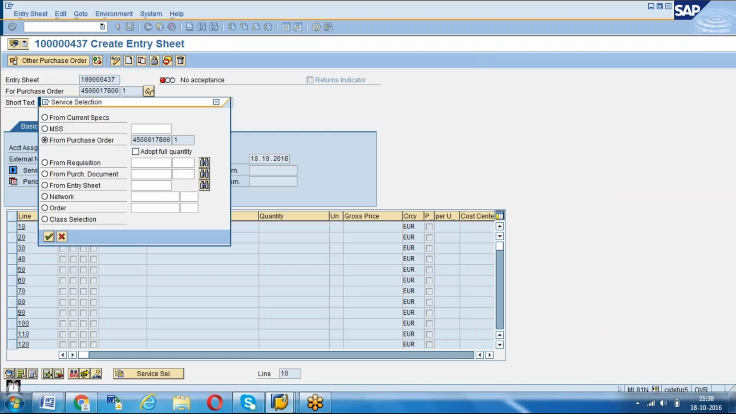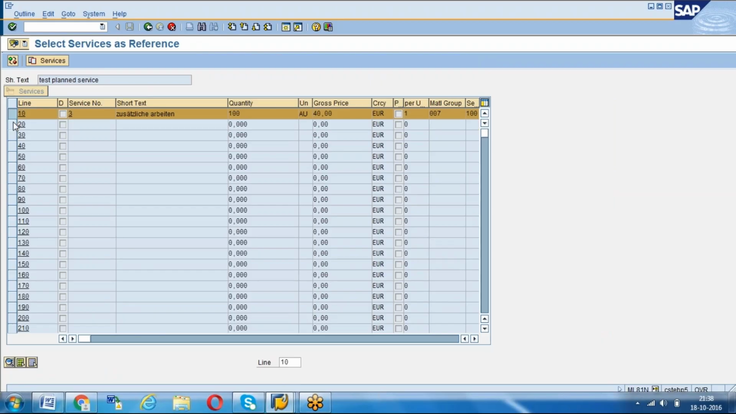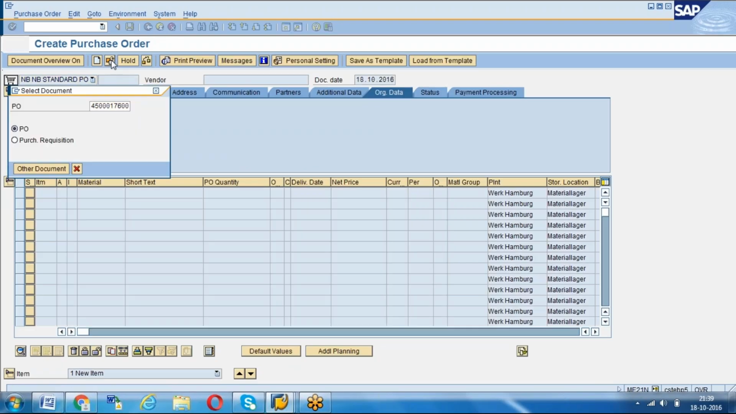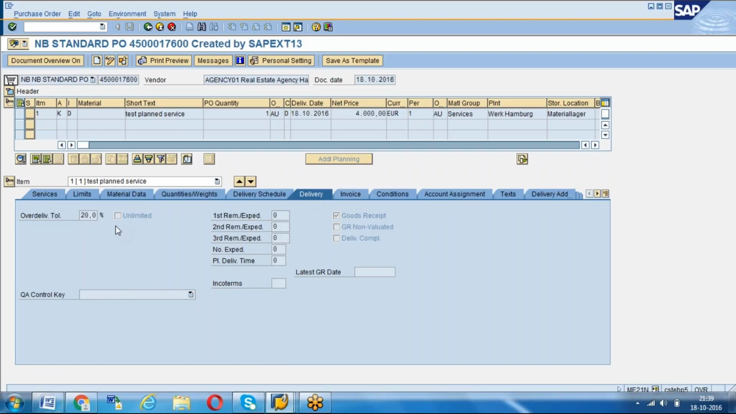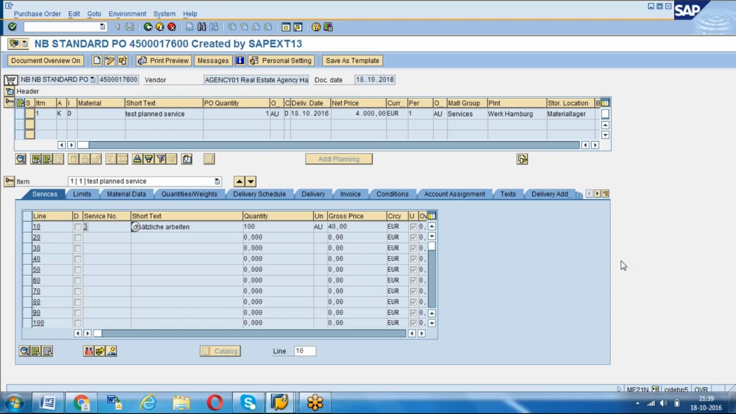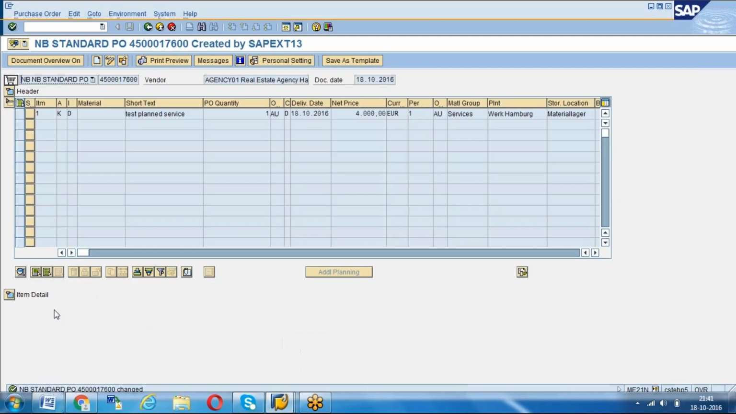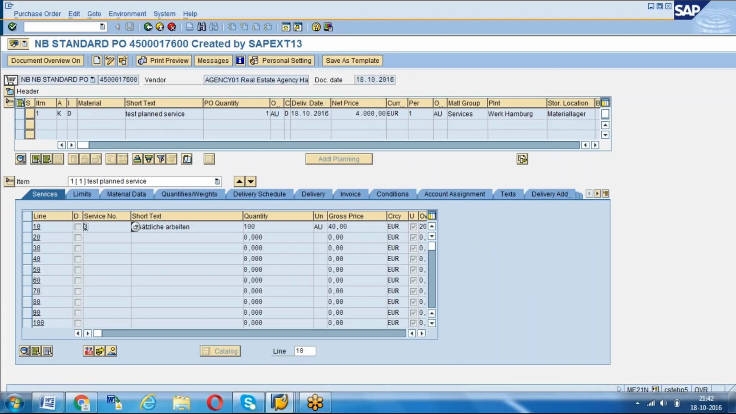Click on service selection, click on services. Now give 110. Okay, 110 exceeds quantity 100 in the PO. What is our PO once? Delivery tolerance 20%, and see now 100. I'm giving you 110. There is no error, but you have to ensure in your PO and for item level with respect to service